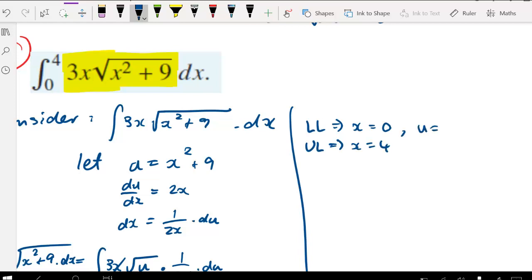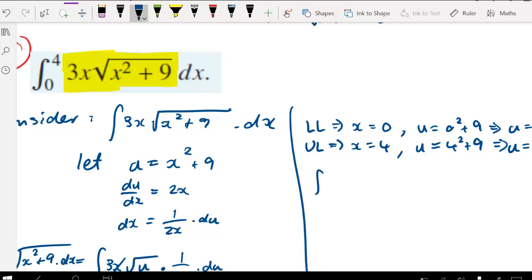Now, if we want to find u, we know that u is x squared plus 9, so we've got 0 squared plus 9, u will be 9 as our lower limit, and it will be 4 squared plus 9, so u will be equal to 16 plus 9, which is 25. So that changes our limits,